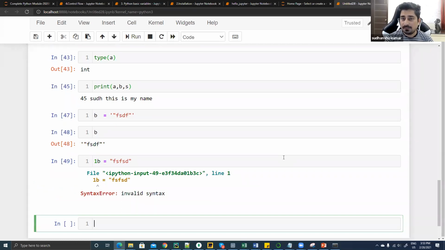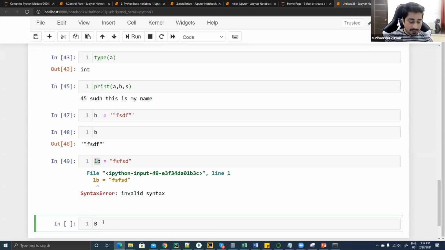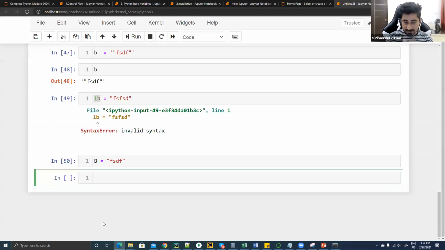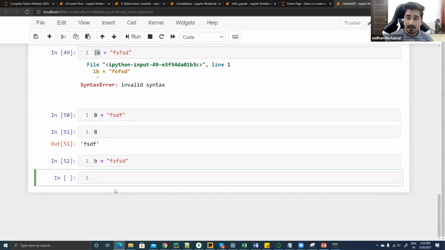This is the issue. Whenever you try to declare the name of a variable, it is supposed to start with, let's suppose I'm writing it this way, a capital B. Capital B will work fine. Now, if I try a small b, we have seen that a small b is working fine for us. Now, if I would like to write 2b,